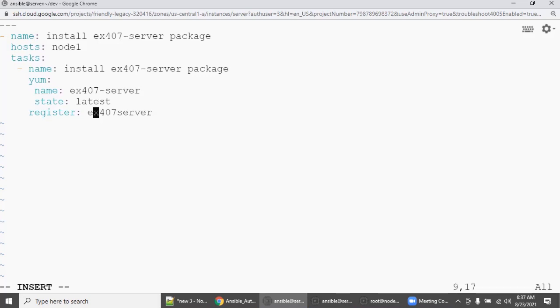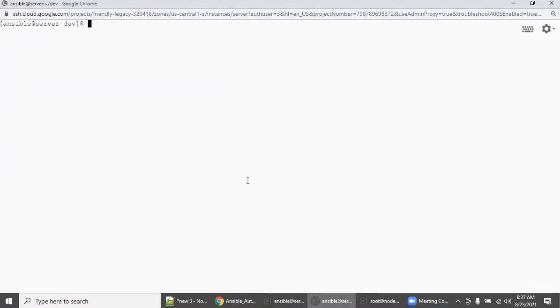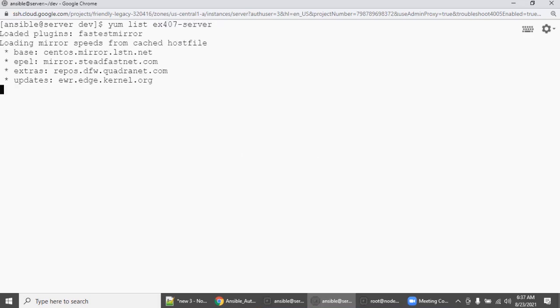So here I'm going to another window. Let's see what my package ex407 server is. Actually, this package does not exist, but you assume the package is there in the repository. In that case, how do we proceed, right?